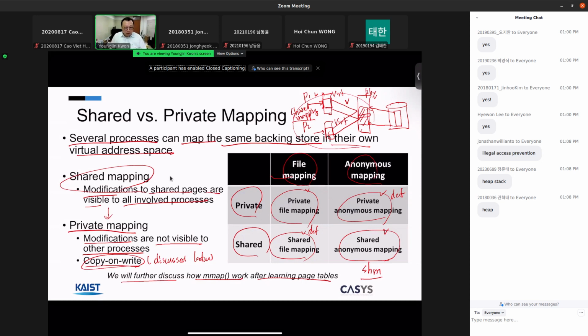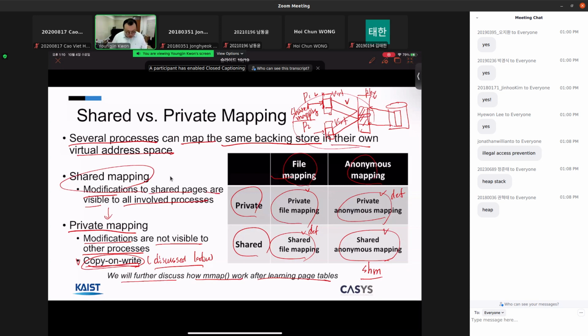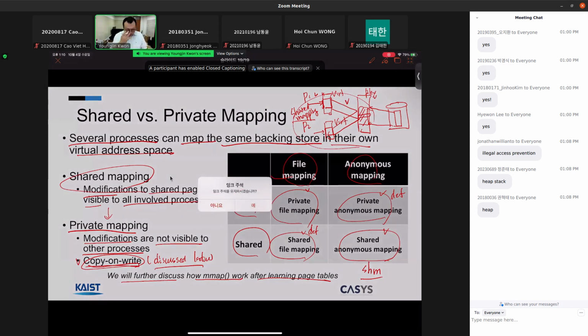I explained that. Private mapping is copy-on-write. So when a modification happens, that modification is private to the process. To implement private mapping, the copy-on-write mechanism is the key. We didn't discuss how to implement copy-on-write; we will discuss it later after learning the paging mechanism. So that was the recap of virtual address space, and today